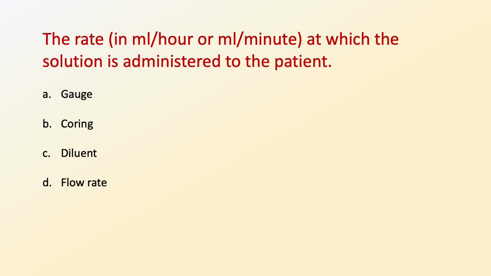Now the last question of this video is, the rate at which the solution is administered to the patient is known as what? Option A, gauge, option B, coring, option C, diluent, or option D, flow rate. So this is a very simple question. The correct option is flow rate. So the rate at which the solution is administered to the patient is known as